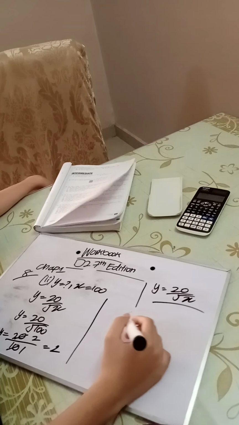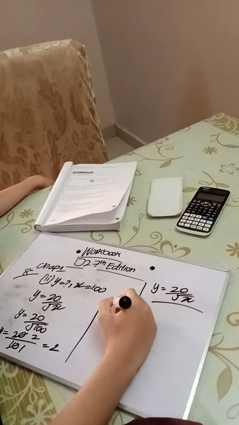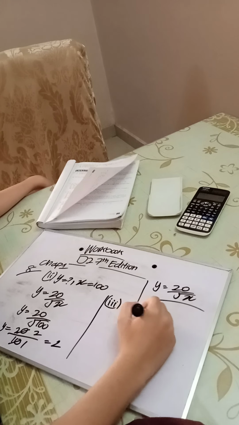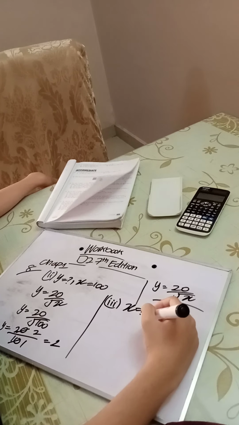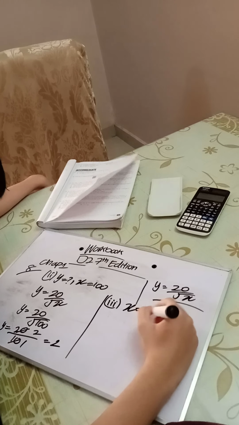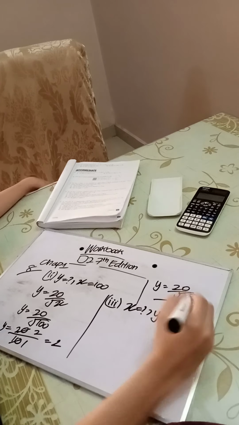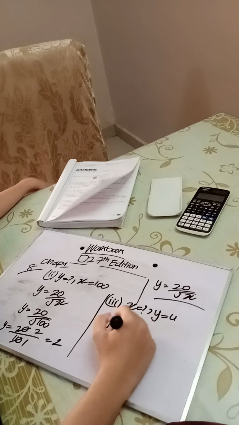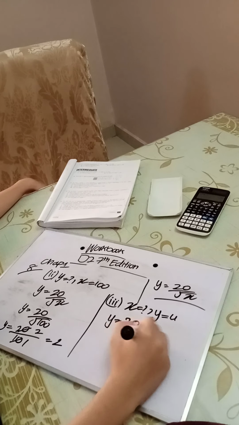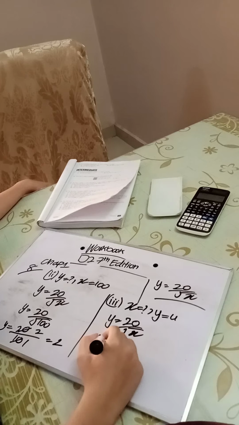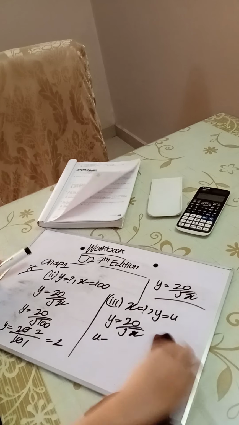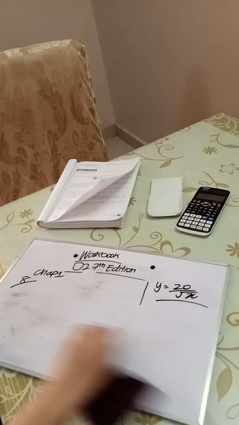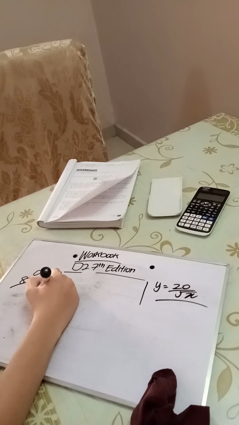Okay, now in the third part they are asking us to find the value of x. We have to find the value of x. Whatever thing we have to find in algebra, we take it as an unknown and write it with a different alphabet, like a, b, c, d. Okay, so let me write the connecting equation. y equals 20 over square root of x. Now y I have to find. Okay, let me erase it.